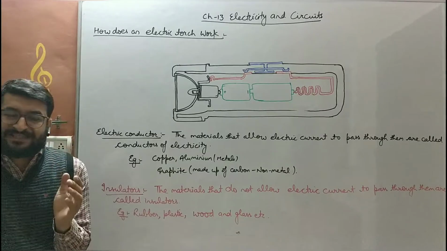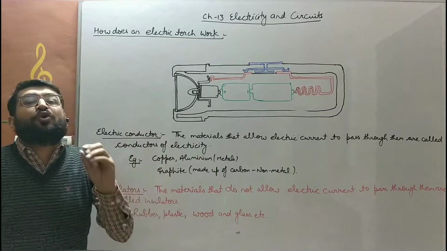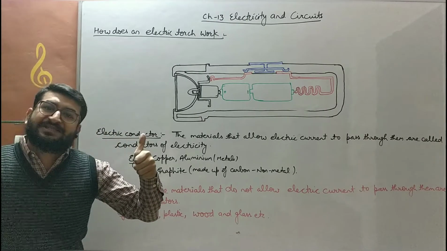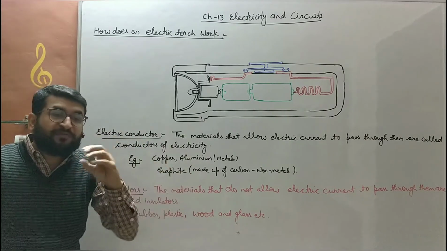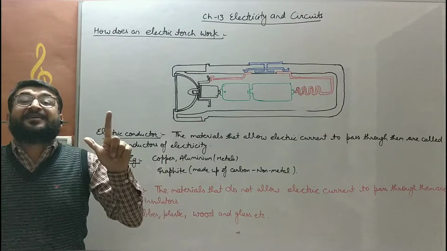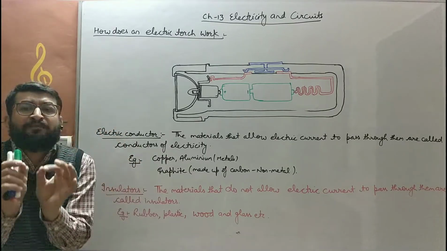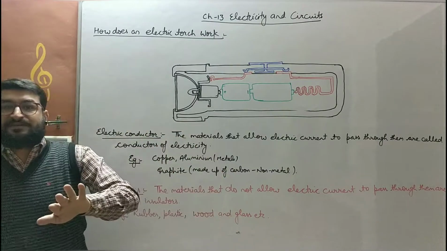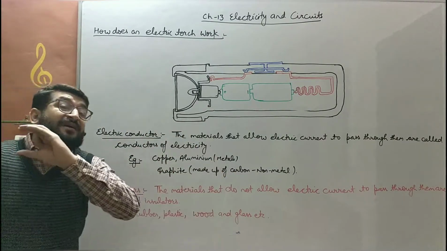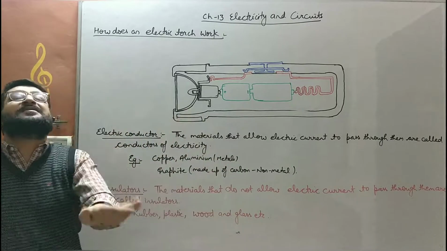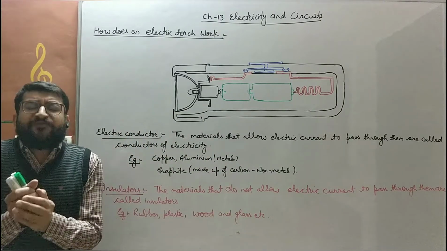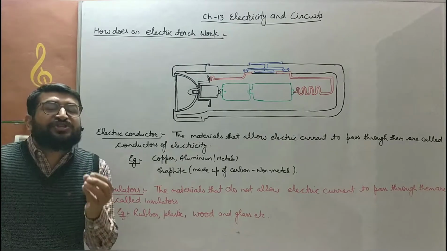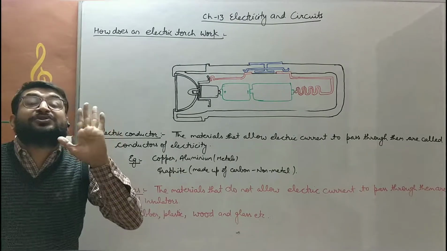There are various devices which constitute an electric circuit. Those devices are a battery or a cell to provide the electricity. Second, a key or a switch. It is a simple device that either connects a circuit or disconnects it. Either it makes the circuit complete or makes it incomplete. If a circuit is incomplete, then the electrical appliance which is connected in that circuit does not work.